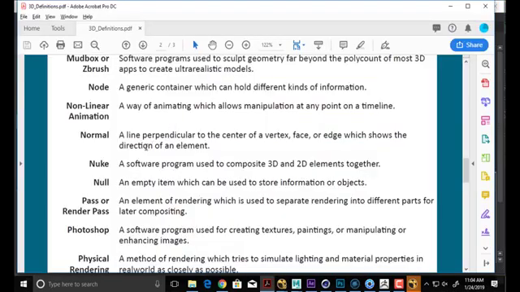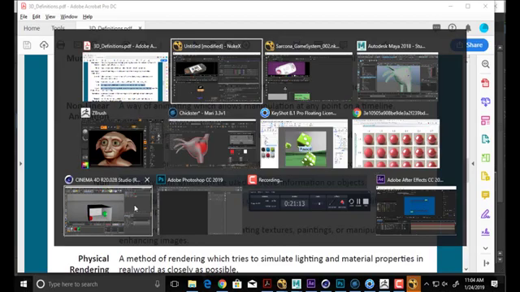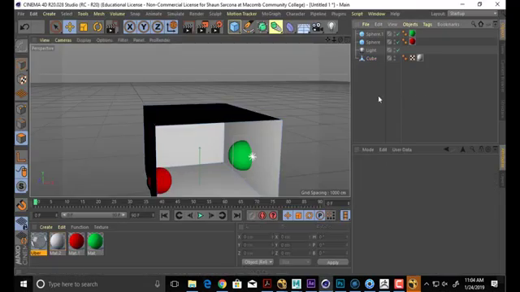It's an amazing program. A null is just an empty object that allows us to store data. So if I'm in Cinema and I just hit Alt-G,